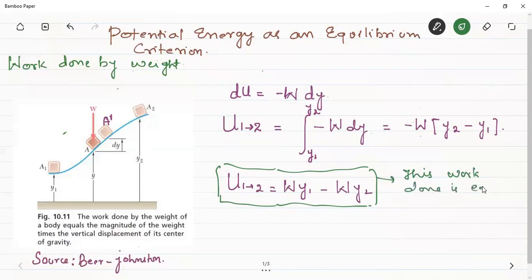is equal to a change in function, and that function is equal to Wy. Okay, we can see that there is an initial value of Wy, that is Wy1, and there is a final value of the function Wy, that is Wy2. Okay, so we can see that this work done is actually the function of